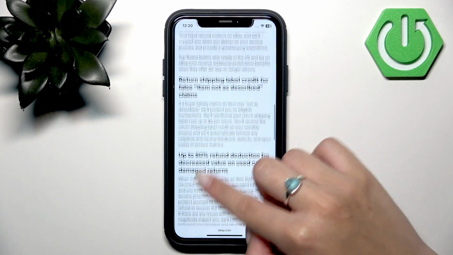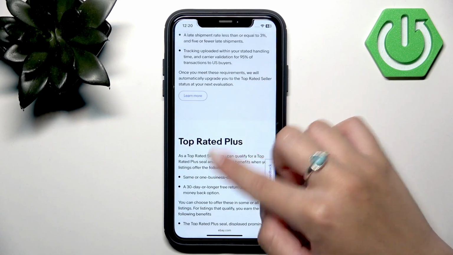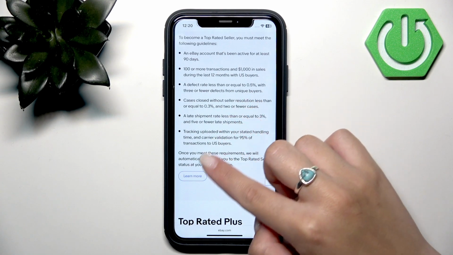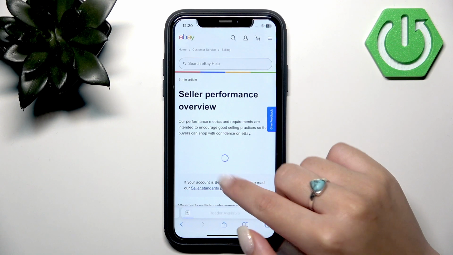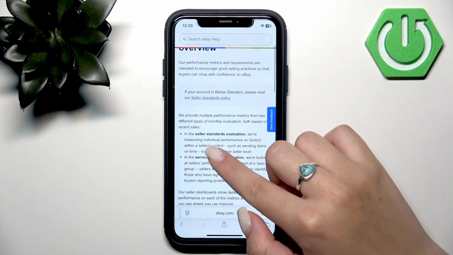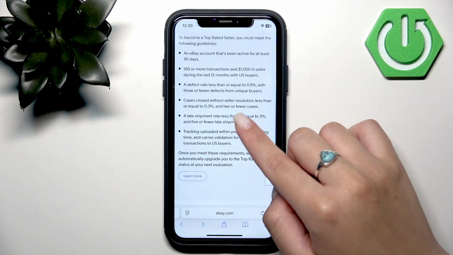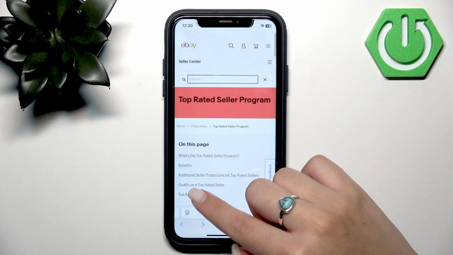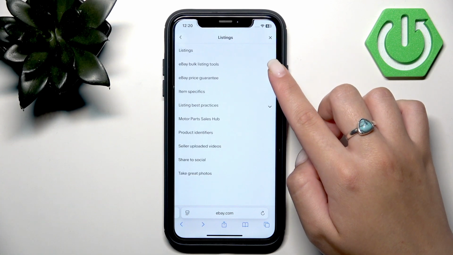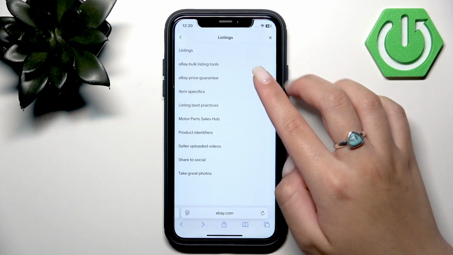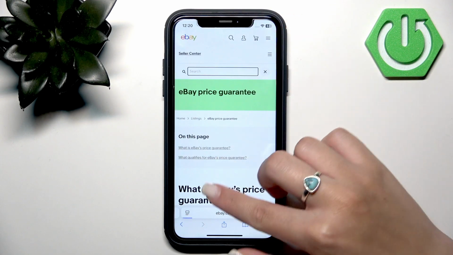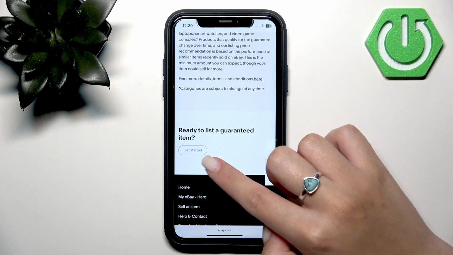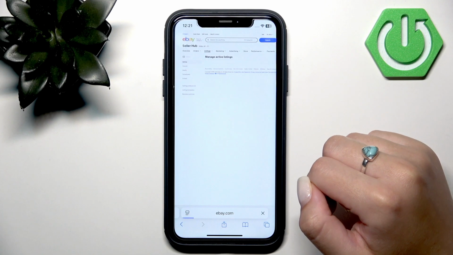So here is a little article that you can read. So qualify as top rated seller, and you can press learn more and read some additional information. So here again, as I said, some articles that you can read, and here you can, for example, this get started, and